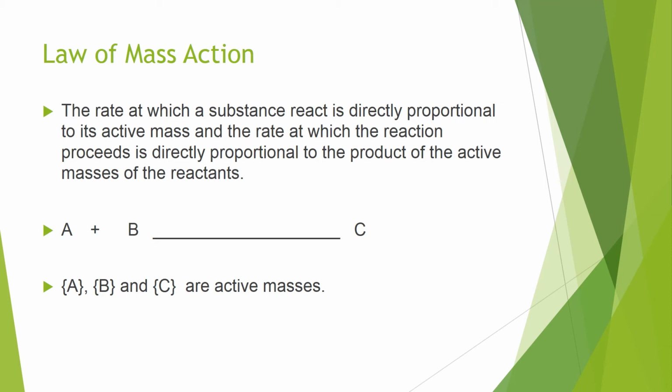So you can see here that A and B are reacting together to produce C. These A and B are the reactants and C is the product. Greater is the concentration of the reactants A and B, greater will be the rate of reaction and more product will be formed. It means the reaction that is proceeding depends on the product of the active masses of A and B. These active masses are shown in the square brackets. Actually these show the concentration of the reactants.